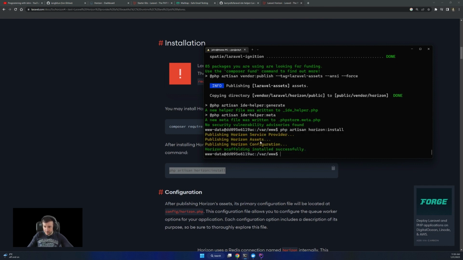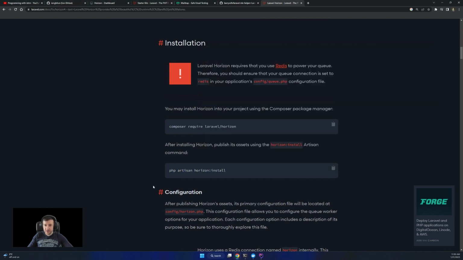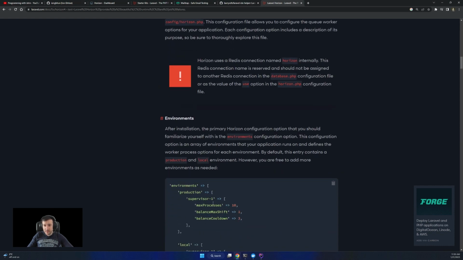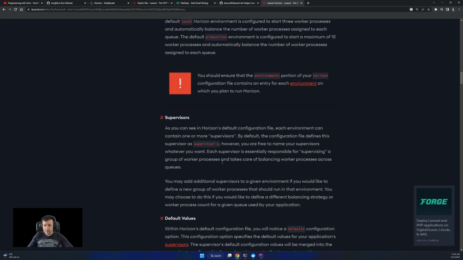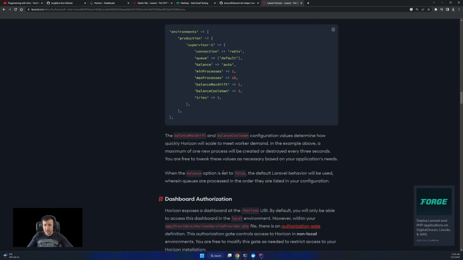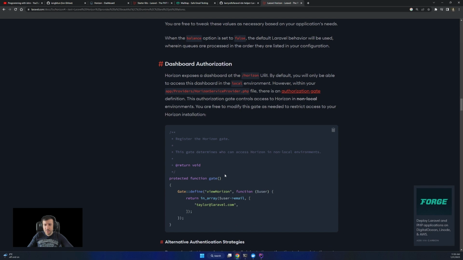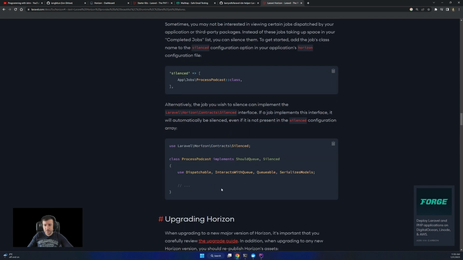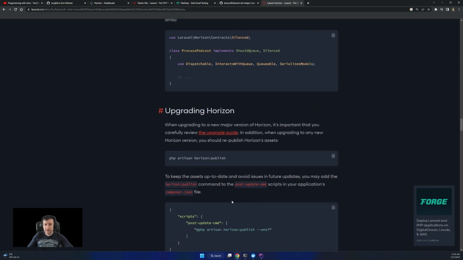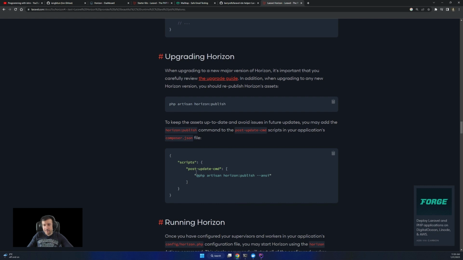So it's publishing service provider, assets, configuration, and so on. But below in here, at some point, it says if you want to keep your Horizon up to date, you should add this to the post-update-cmd.